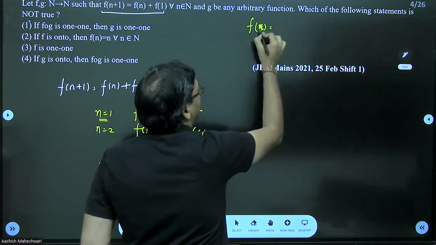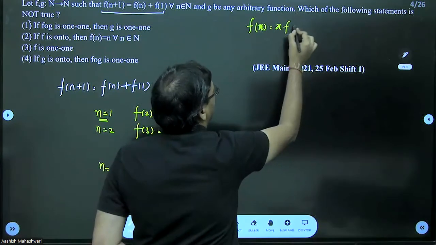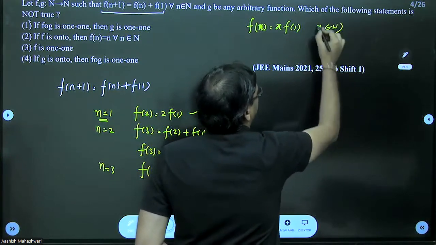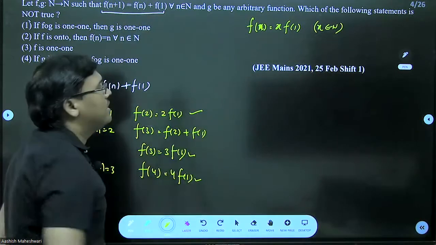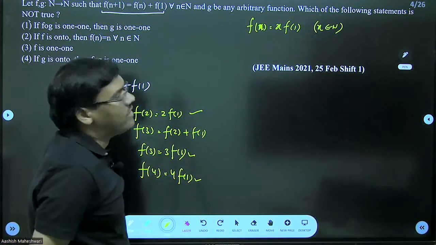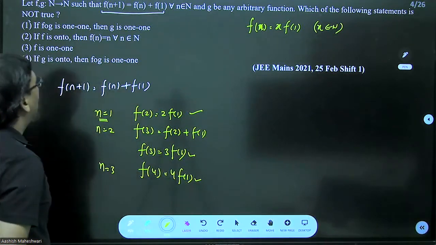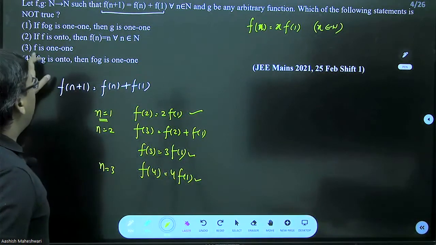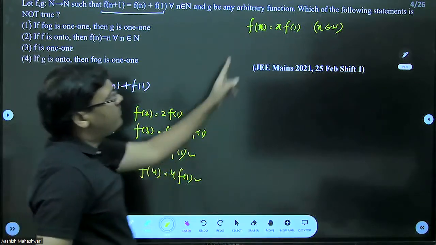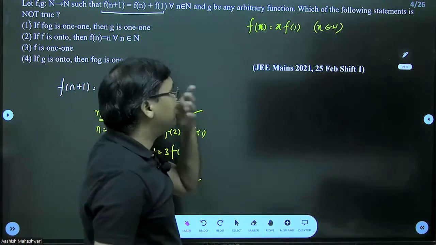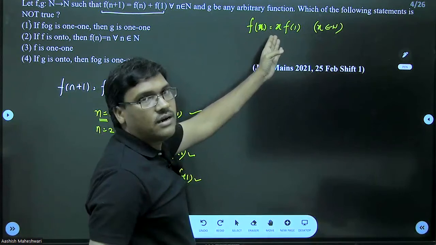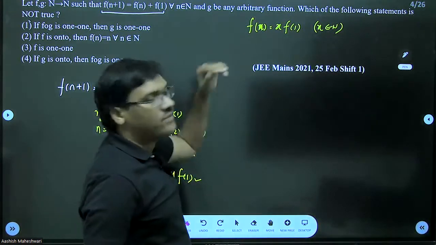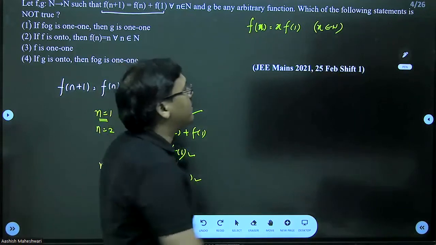x is equal to x times f of 1, where x is some natural number, because in the question it is mentioned that the domain is only natural numbers. So this is the function f of x. Correct? Now if you observe here, first thing you can see, f is a 1-1 function. Can we say f of x is a 1-1 function? You can clearly see if you take any value of x, you will get only one value of y, and no two values of x will have the same value. Correct? So for example,